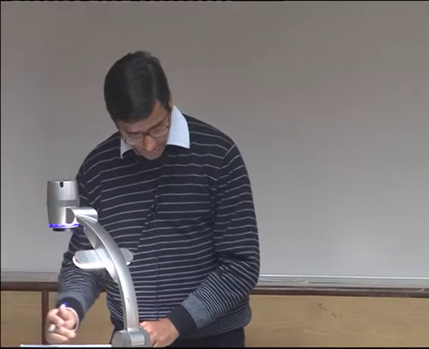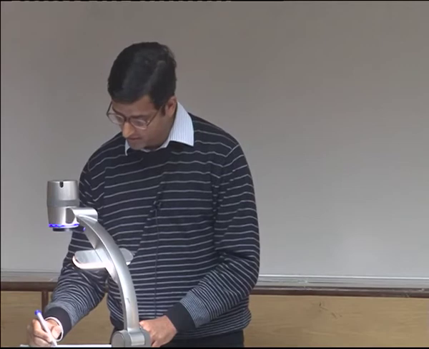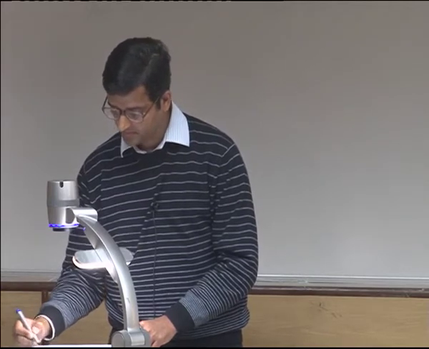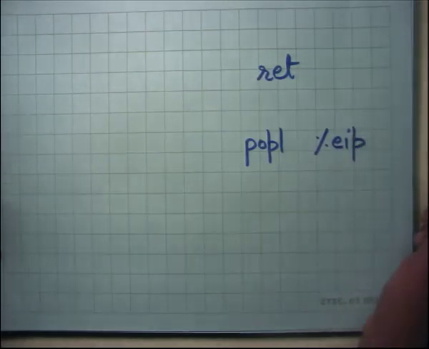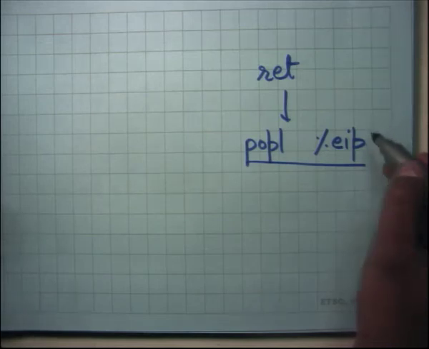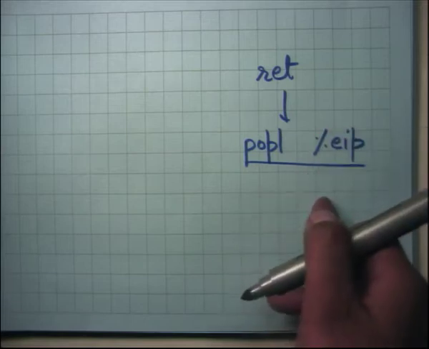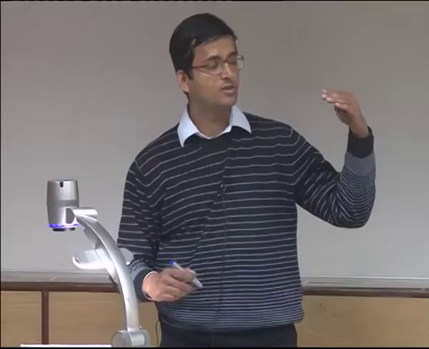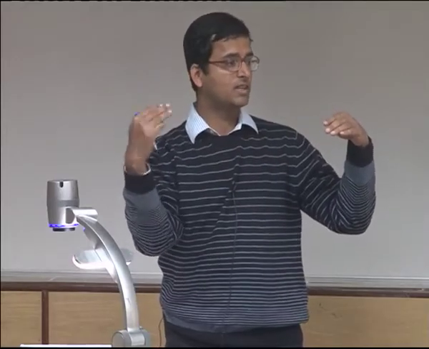All right. And then there is the return instruction. Basically what it does is it just pops from the stack and puts it in EIP. Once again, this is not a real instruction. I'm just using it to explain what return does. It will increment the stack pointer, which means it will shrink the stack, and whatever the value was there, it's going to put it in the program counter or the EIP, and that's where you go next. So it's an indirect branch in some sense.